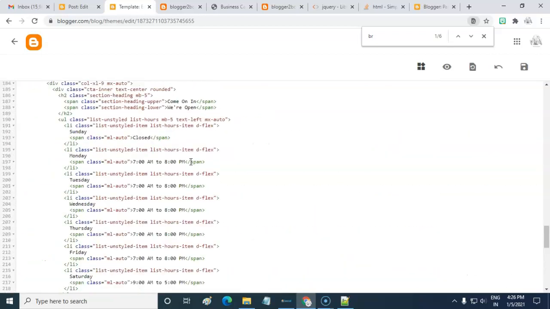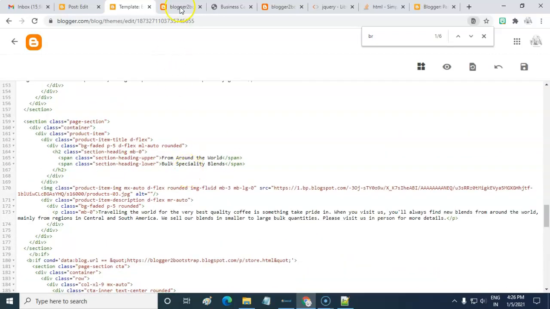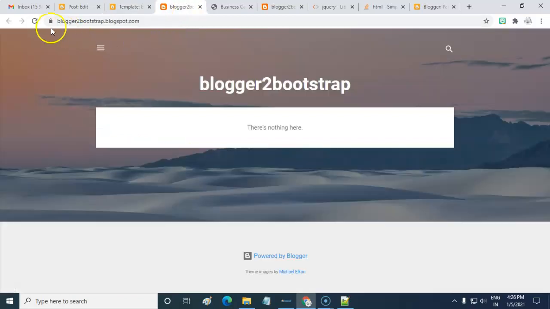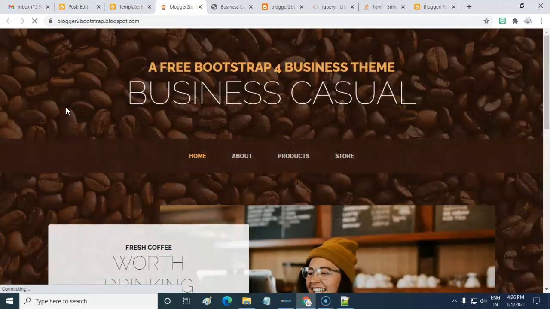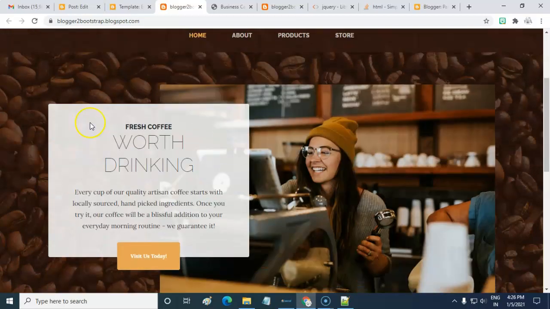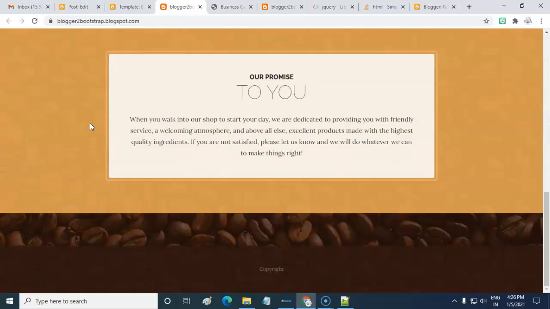Let me check whether the design was converted or not. Okay, this is the first design. Now we have added all the bootstrap codes and let me check. And yes, it was converted.